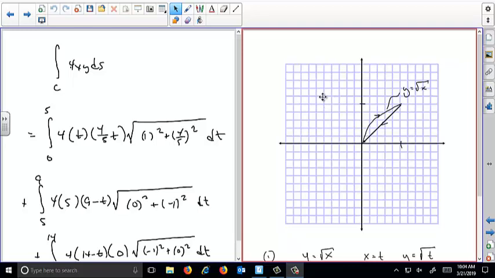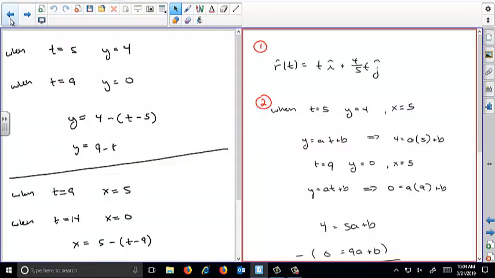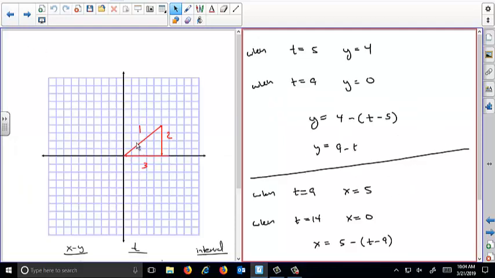Okay, so let's continue on section 2. What we were doing was parameterizing the functions that made up the path. The last problem that we did was we had these 3 linear segments from 0, 0 to 5, 4, and then constant x equals 5, and then constant y equals 0. And we had to have it so that it was piecewise continuous,